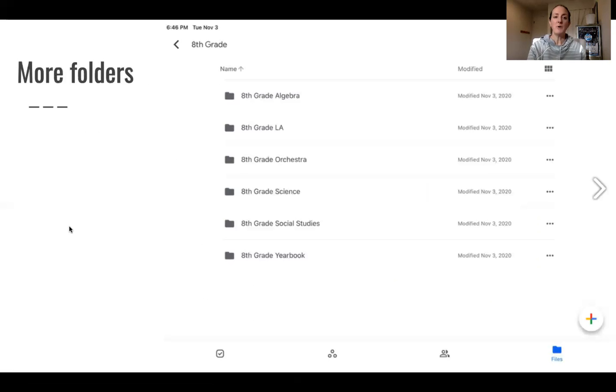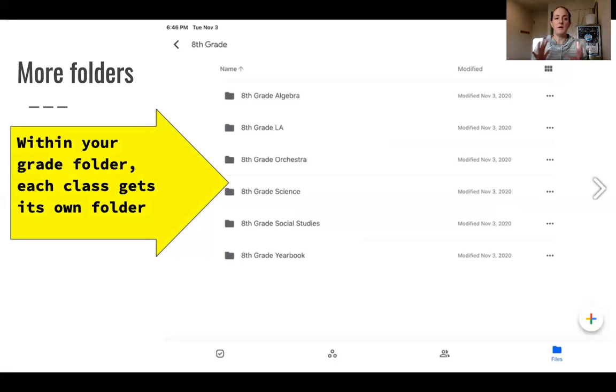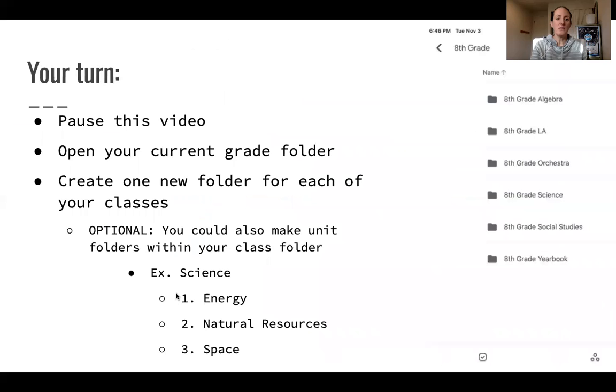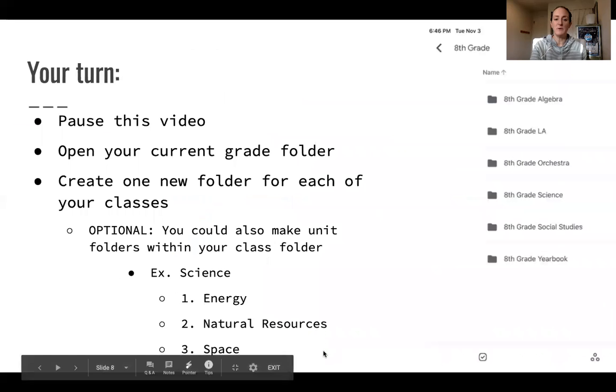Okay, now you've paused and you've created your big grade level folders. Now what I want you to think about is within your grade folder, it would probably be helpful to make one folder per class, right? So this student made an algebra folder, an LA folder, etc. So that is what I want you to pause to do again. But before you do that,